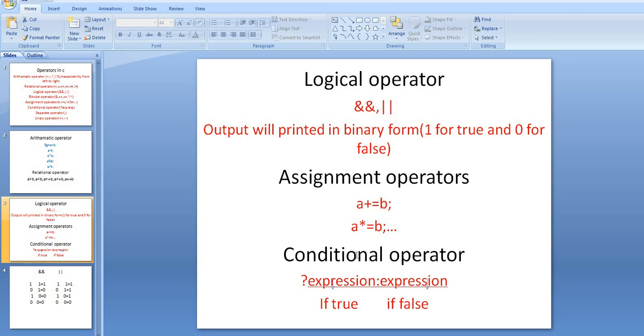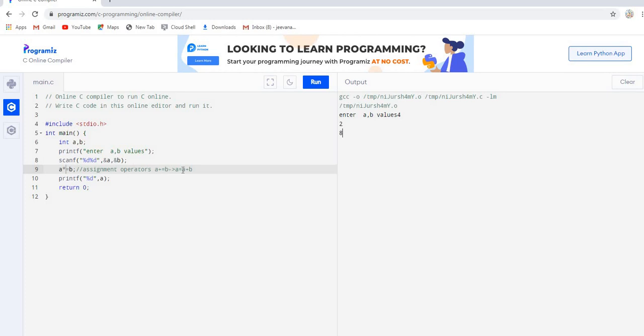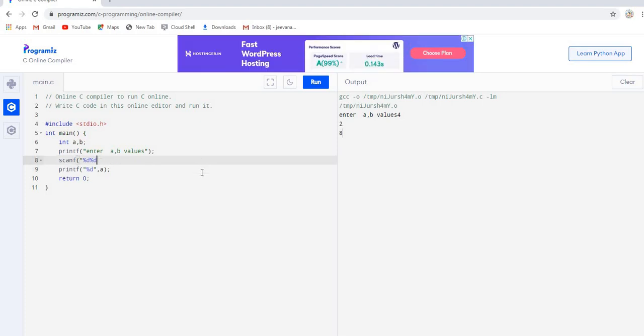The conditional operator is very simple. In this we'll see these conditions. If the first condition is true, it prints the statement after the question mark. If it is false, it prints the statement after the colon. I'll show you how.